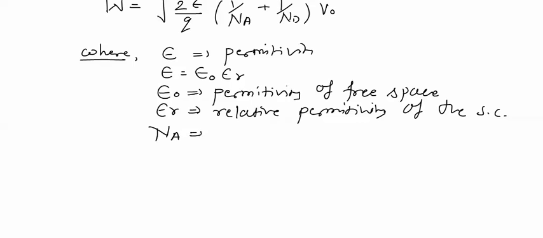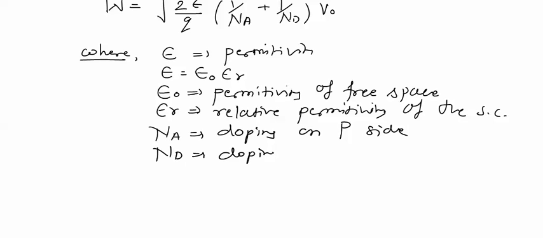Na is doping on P side, Nd is doping on N side, and q is electronic charge, 1.6 into 10 raised to power minus 19 coulomb,